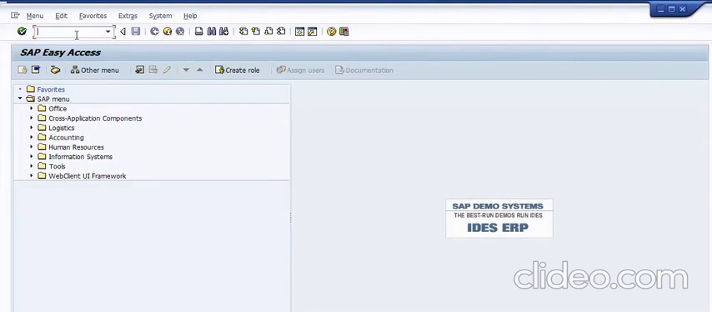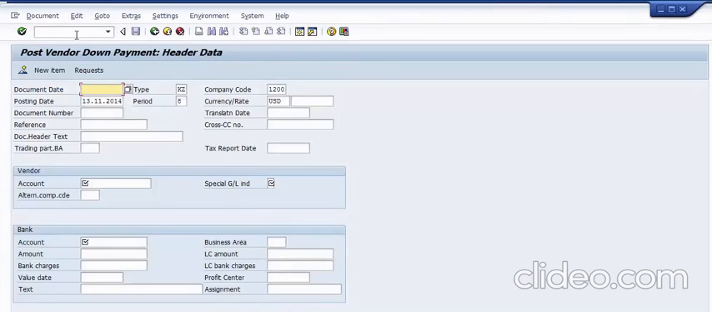So moving to over here, FB48, enter. You can see over on the heading, post vendor down payment is already the status. So over here you need to select the date. Now you have to take the date over here, then the document type, company code, posting date. By default these things have been selected, but in case these things are not there, you need to fill those